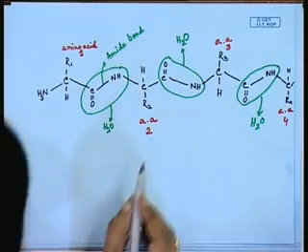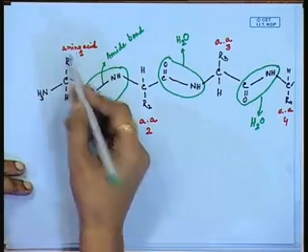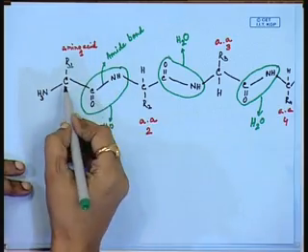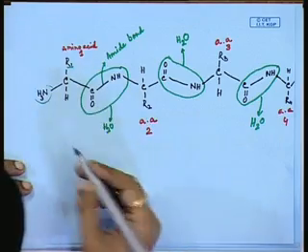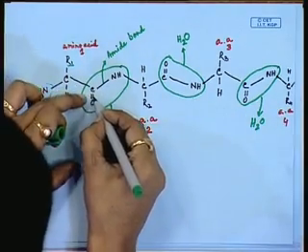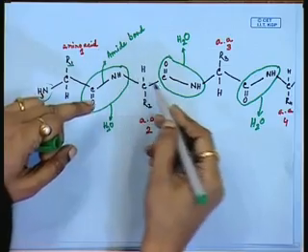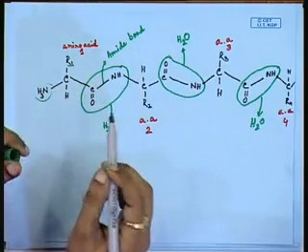So, how is it? That means it is joining together, and when one amino acid is joining with another amino acid, the joining forms the amide bond. Now, if we see the structure of one amino acid, this is the structure of one amino acid. This is the R1, this is CH, this is the amino terminal, and this is the carboxy terminal.